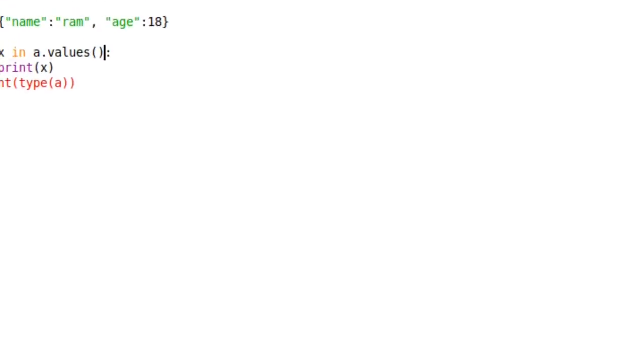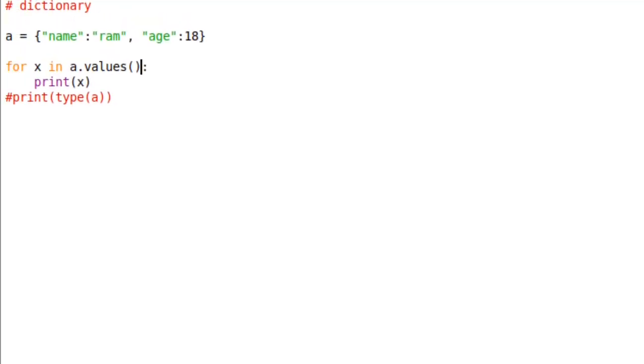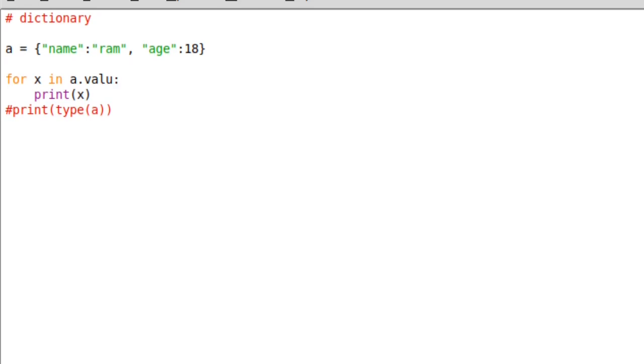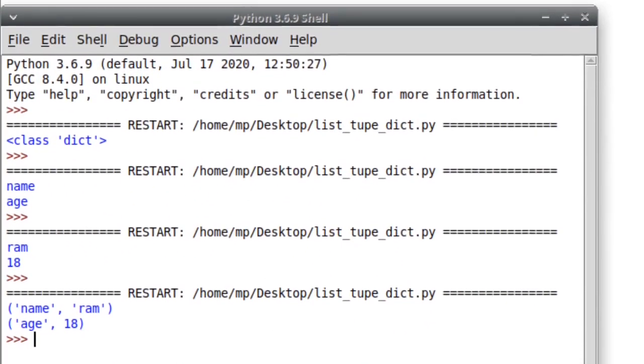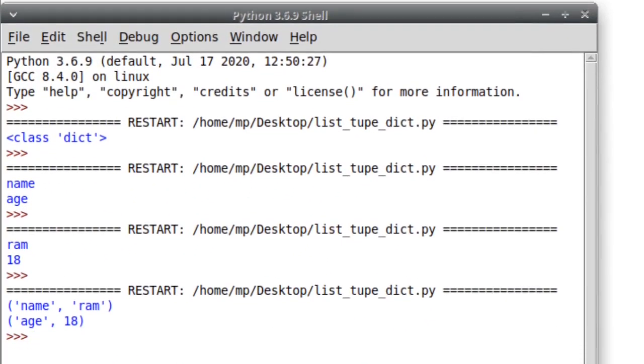And if you want both things, the key and the value, you can simply write items here, and you will get all the items from the particular dictionary. This is how you will get all the keys as well as the values.